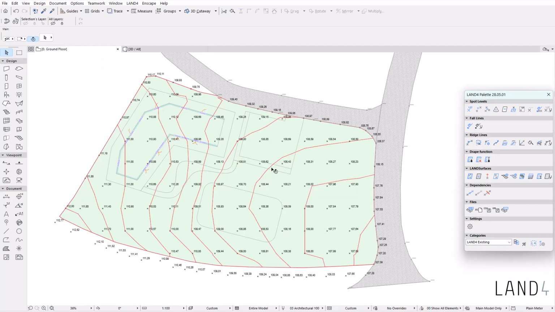By using both the 3D model and the level lines, we can observe the natural flow of the terrain over the landscaping areas we are planning to build. This can be useful in taking decisions of the fall directions or the fall percentages.